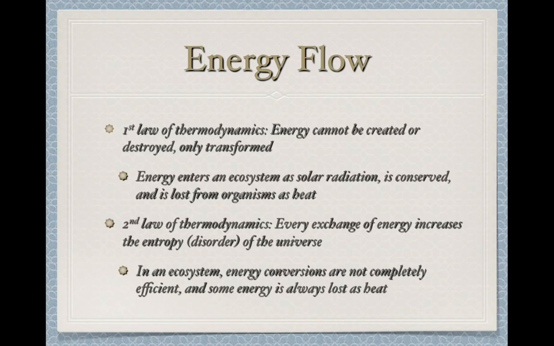But in order to keep the order, if you will, you've got to put energy in. So in your ecosystems, those energy conversions aren't completely efficient. Remember that 10% idea: that is what we get transferred, because the organisms at each trophic level need the energy to do their own metabolic processes, and some of that energy not only gets used up there, but also gets lost as heat. So we're only transferring about 10% every time we go up a trophic level, and that's really what it comes down to.